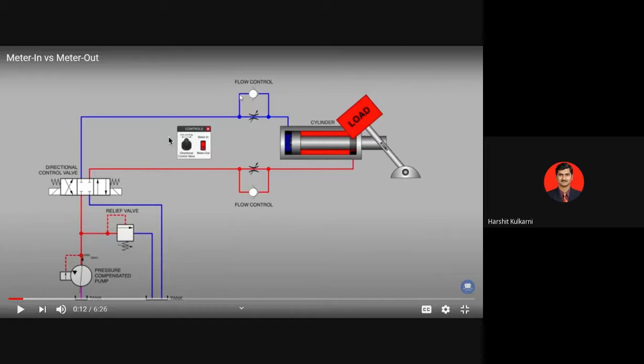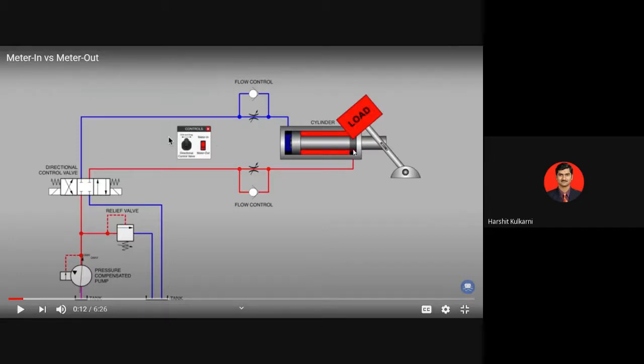Along with this, you have a check valve. As the oil starts entering here at full pressure, oil will flow initially here, but it is blocked because it is a check valve. No flow in this direction. Flow can only be in the reverse direction. So oil will try to pass through this opening, but here there is a restriction. So you are controlling the flow rate to the inlet of the hydraulic cylinder. That is why the word meter in has come here.